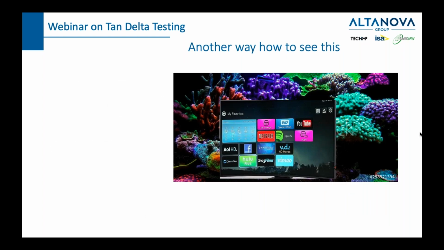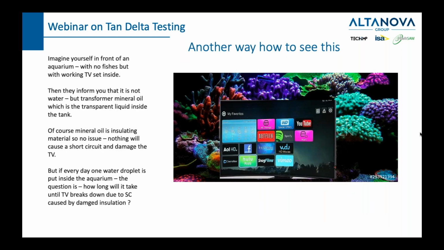Now, there is another way to tell this story. Imagine yourself in front of an aquarium with no fishes but a working TV set inside. It would look confusing because you would think, how can a TV work inside of water? But then you realize that it is not water, it's a mineral oil, which is normally used in transformers. And since it is a transparent liquid, you wouldn't see any difference. So you're sitting in front of an aquarium which has a TV inside, and inside you have mineral oil. Since mineral oil is insulating, you can watch TV, you can change channels, and nothing will happen because there are